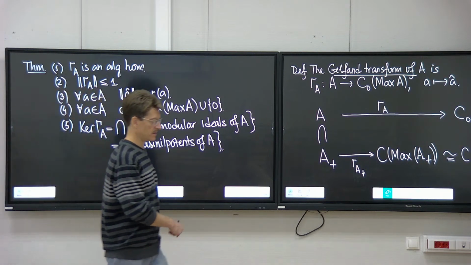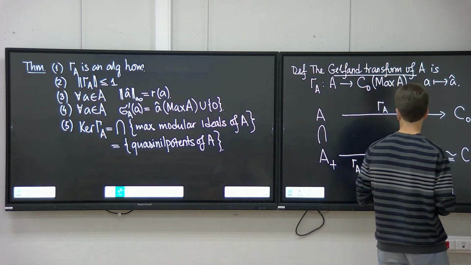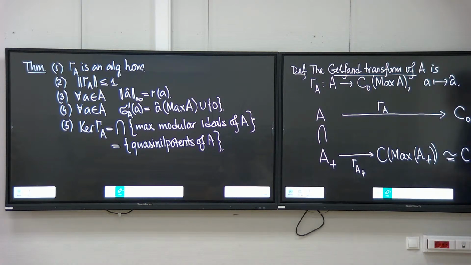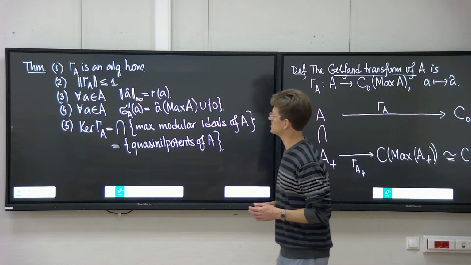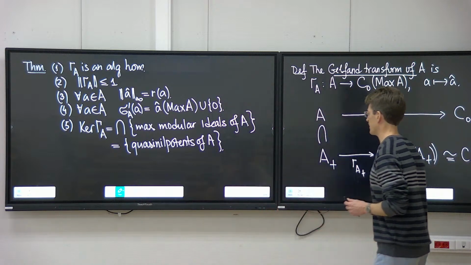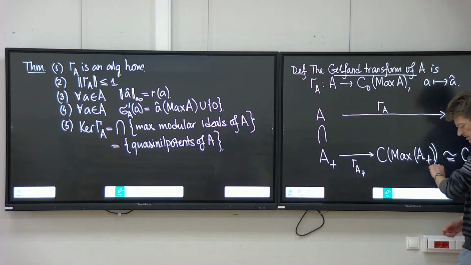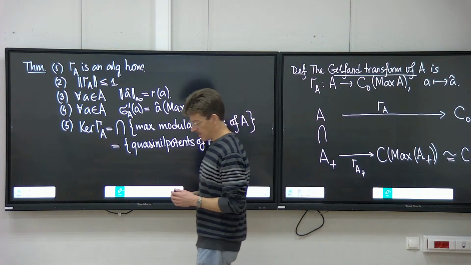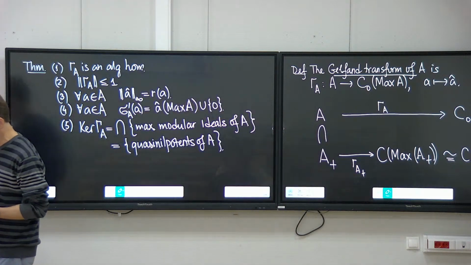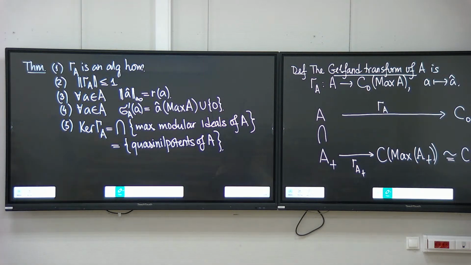Okay, so these are the main properties of the Gelfand transform for not necessarily unital commutative Banach algebras. Our next goal will be to prove,